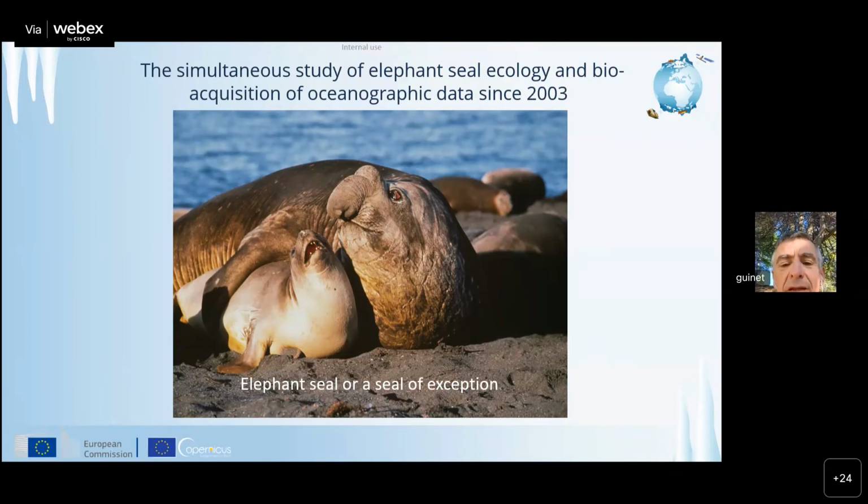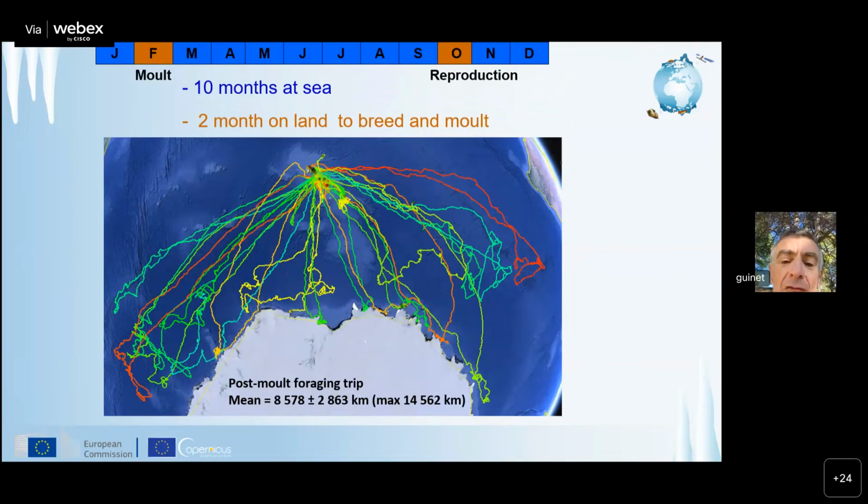So really the idea was to equip big seals to collect this missing information. And why is the elephant seal so helpful to collect that information? First of all, we can see here the track of southern elephant seals we equipped on Kerguelen. Those seals spent 10 months at sea, only 2 months on land. And when they are at sea, they cover up to 9,000 kilometers